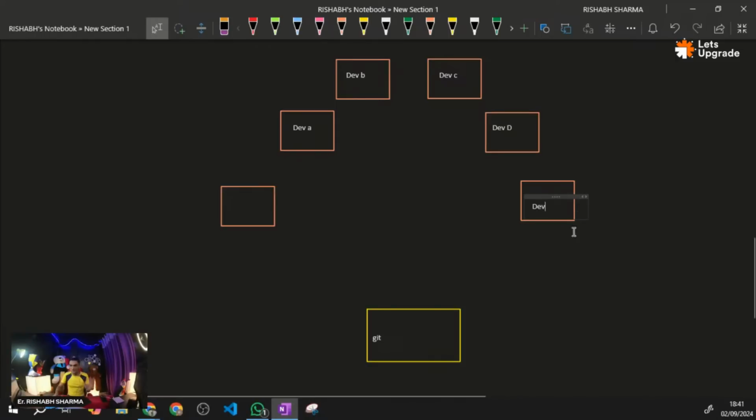Suppose this is my dev branch, and this is my sandbox branch, and say this is my main branch. Now try to understand this structure very carefully. This structure is important.